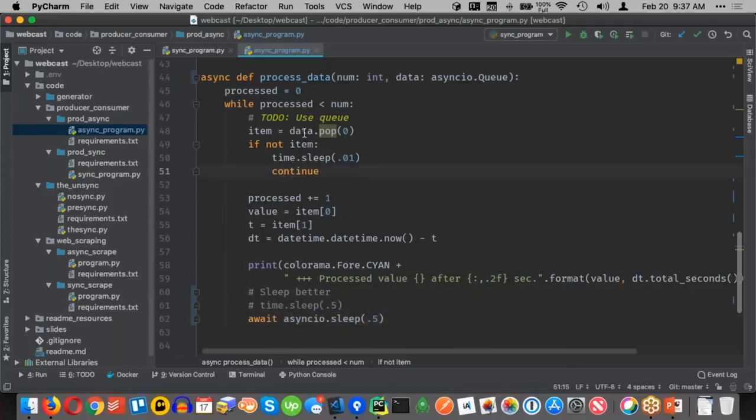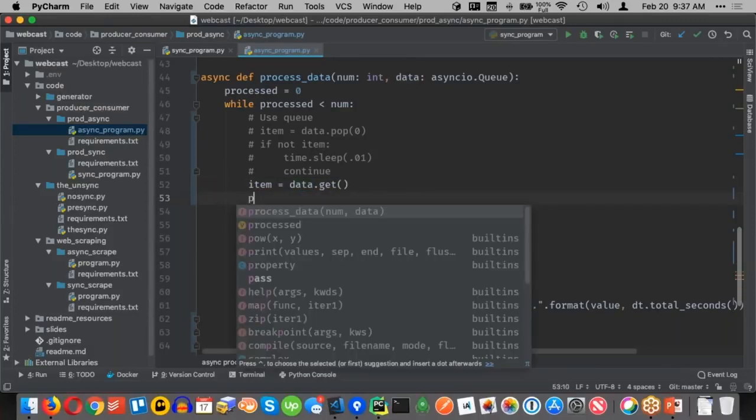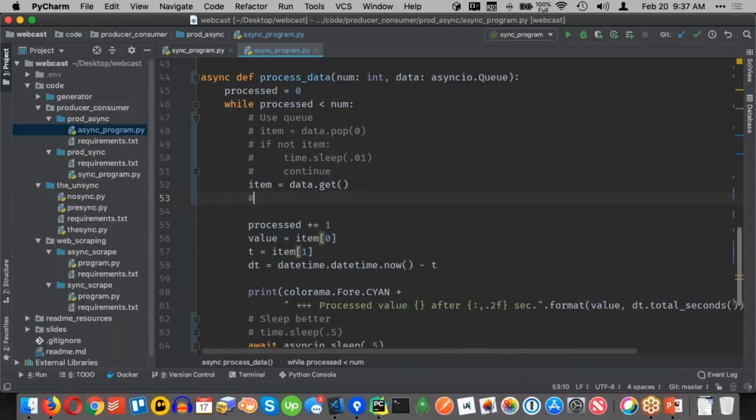And we're not going to use this pop, and we don't have to do this little fake wait thing. All of this can just be reduced to this data dot get, like so. Now what's cool is, let me try this. If I go item equals that, now this is going to crash. Well, let me just say that the type here would be, so item is not a value. It's not that thing we put into the queue. It's not that tuple. It's actually a coroutine.